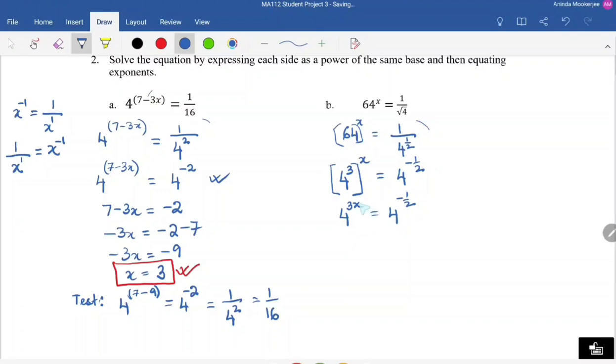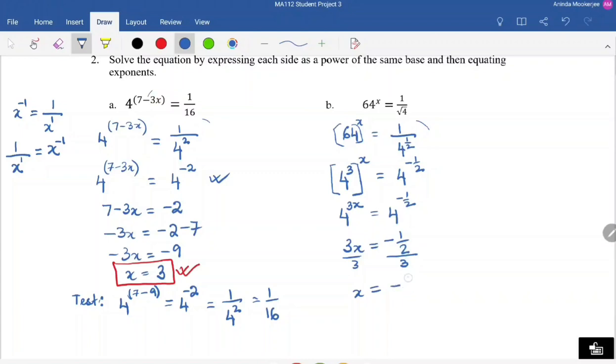We can just make the two exponents equal to each other and then solve for x. So we have 3x equals negative 1/2. So we can just divide both sides by 3 and we will have x equals, now this is fraction division, so what do